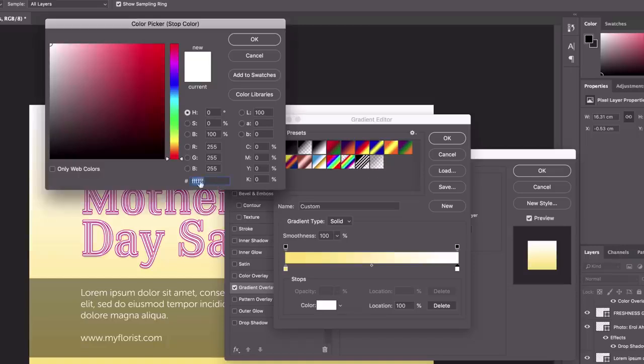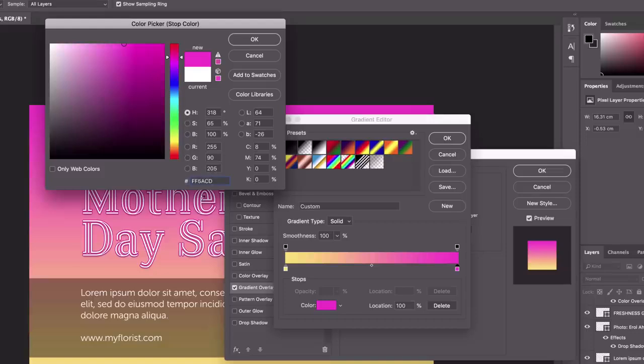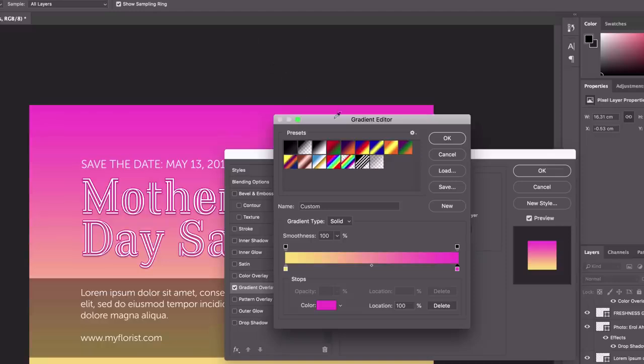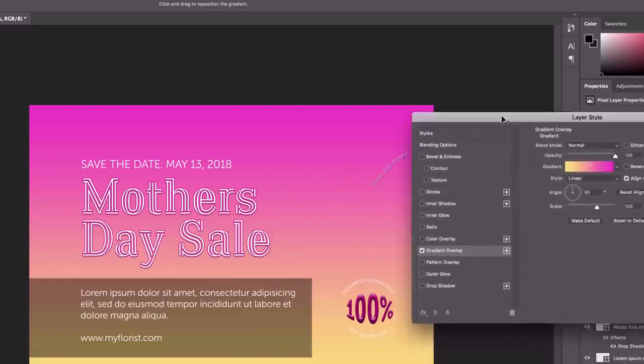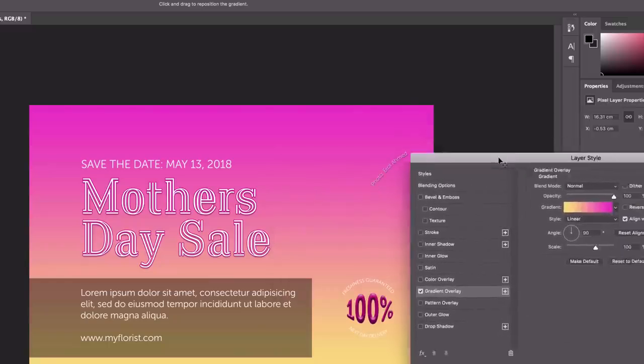And I figured out the color that I wanted. I just copied and pasted it from when I was playing around before. Let's click OK, and let's click OK again. Now, gradient overlay is kind of cool. The thing is, it's ruined my image, but you saw at the beginning I had a kind of